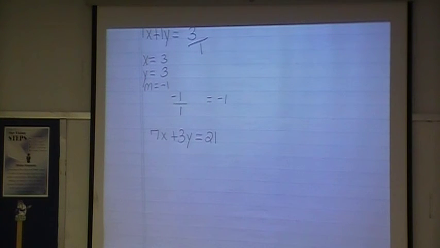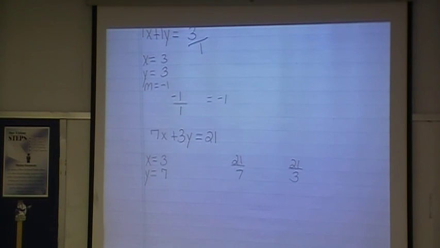To find the x-intercept, take the number in front of my x, put it underneath the last number. And I'm going to see if that will reduce. 21 divided by 7 is 3. To find the y-intercept, I take the number in front of y, put it under the last number. 21 divided by 3